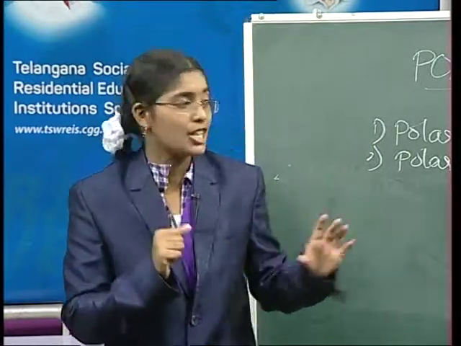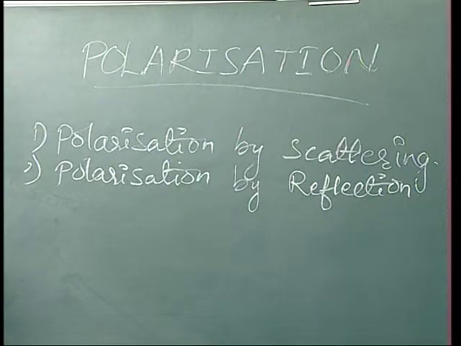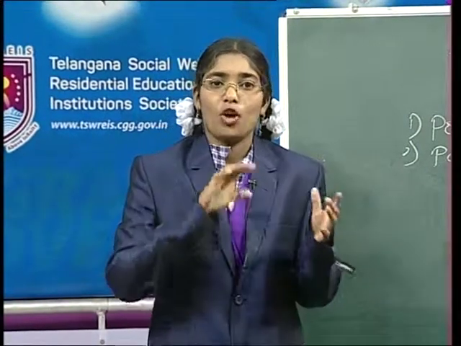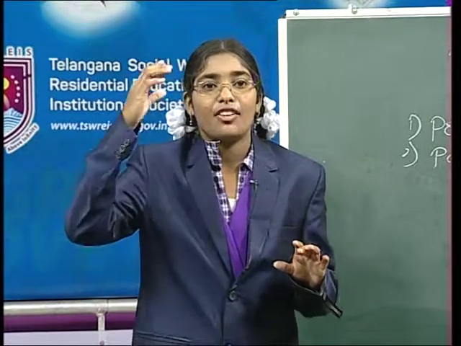See, if you observe polarization by reflection, how does it happen in nature? There are many phenomena which show polarization happens in nature by reflection. For example, when a light ray is incident on water, what happens? We all know that water consists of many molecules which oscillate continuously. Is it true, Sweros? Yes. The molecules which oscillate continuously absorb half the amount of light and emit half the amount of light.